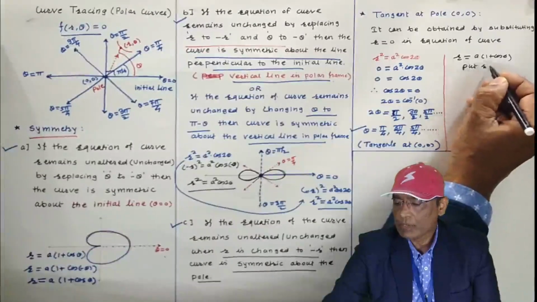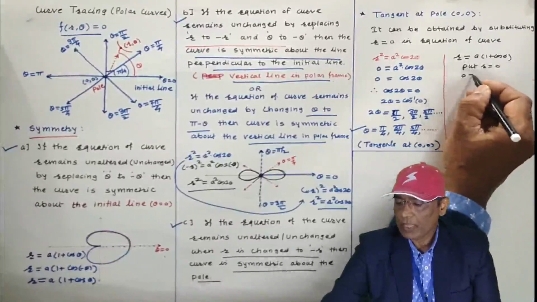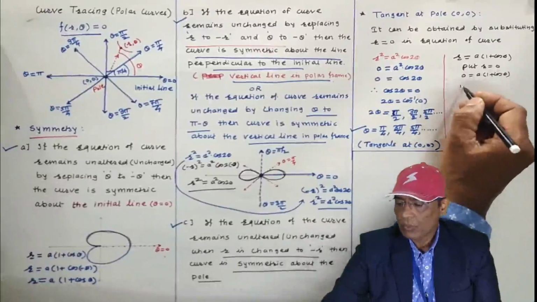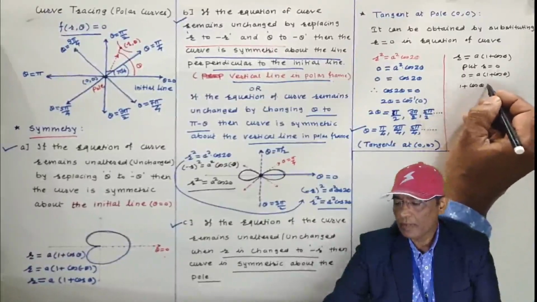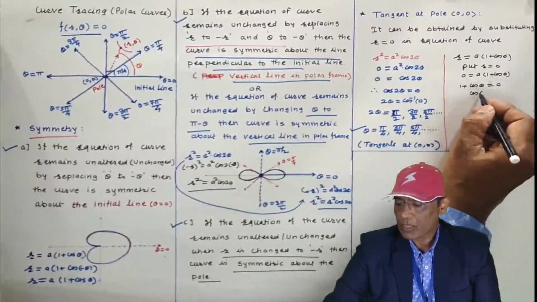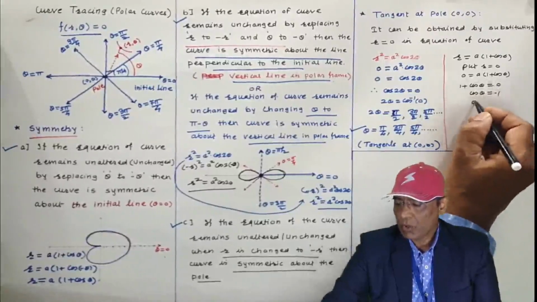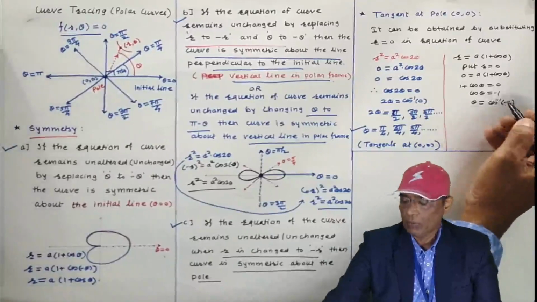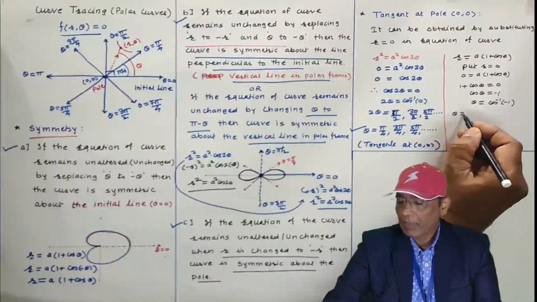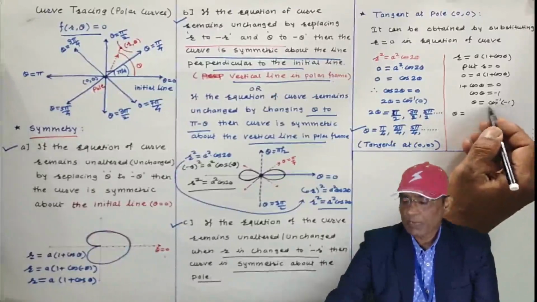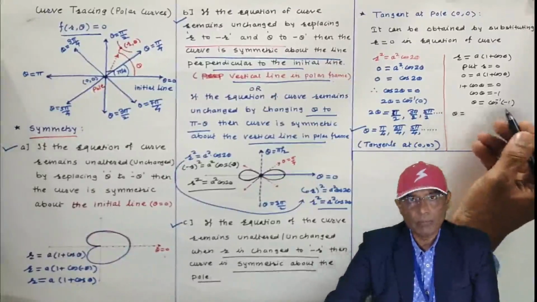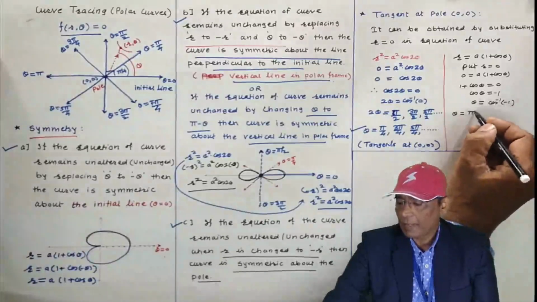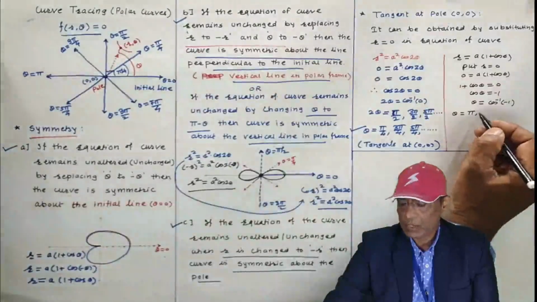Then put r is equal to 0. If you substitute r equal to 0, then a(1 plus cos theta) is equal to 0. Therefore, cos theta is minus 1 and theta is cos inverse of minus 1. Now, cos inverse minus 1 is a many valued function, and I will be getting many values. Cos inverse minus 1 is pi, this cos pi is minus 1.